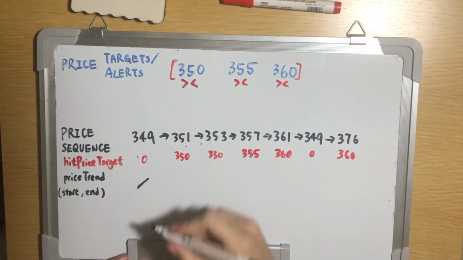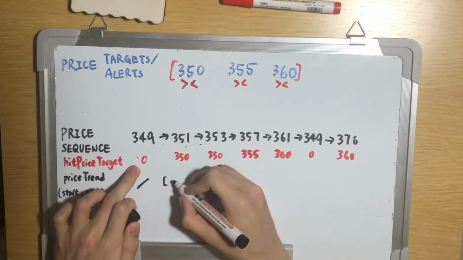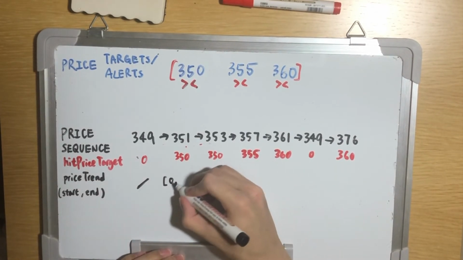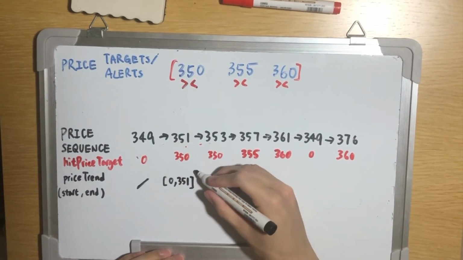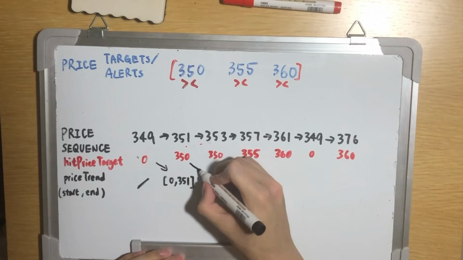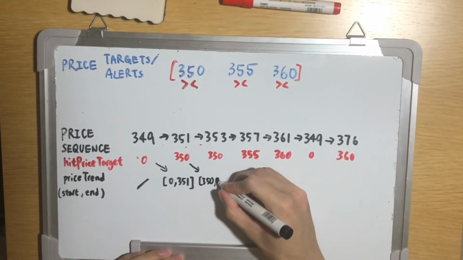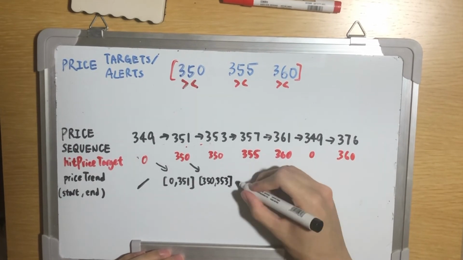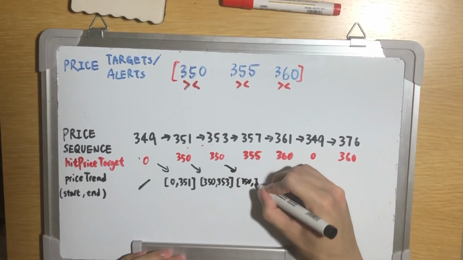And for the second one, we will take the hit price target for the price before, 0, and 351. Then we do the same: we drag this number 350 to 353, and then 350 to 357,